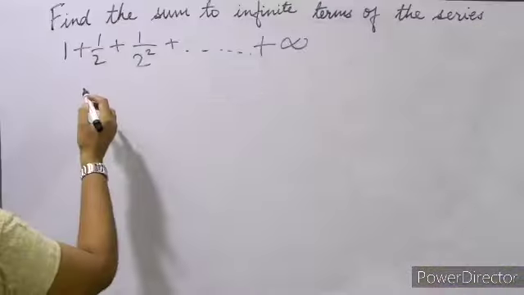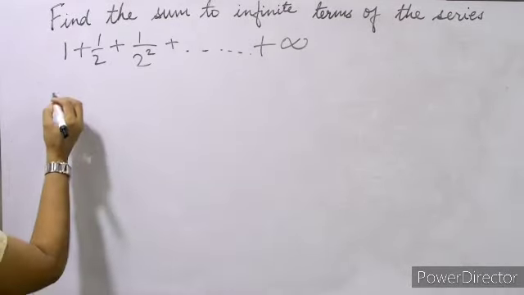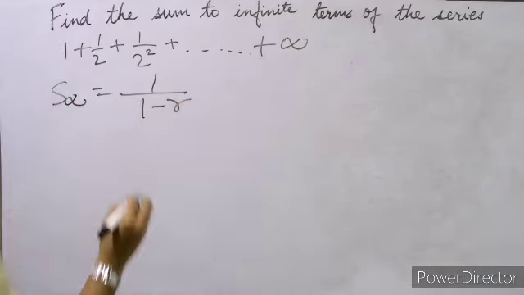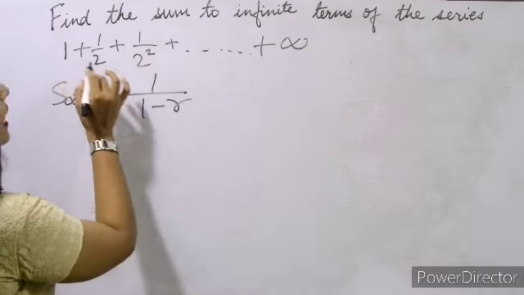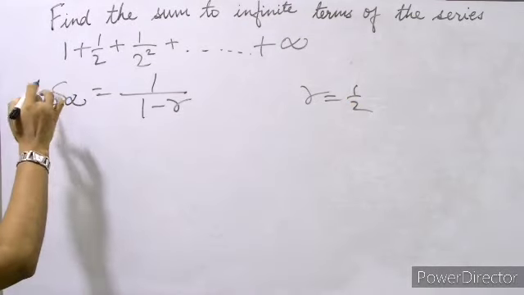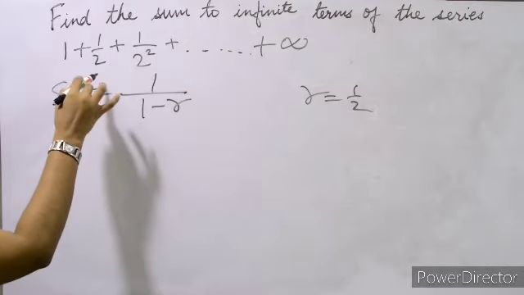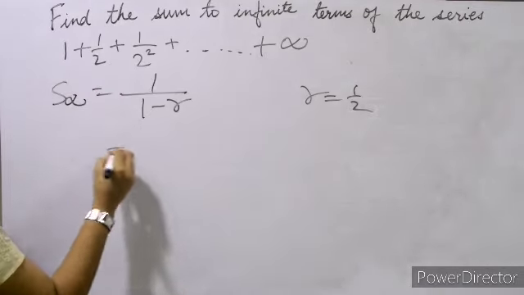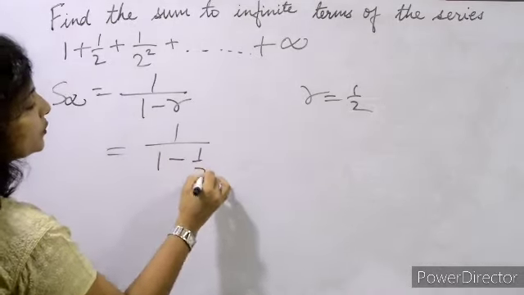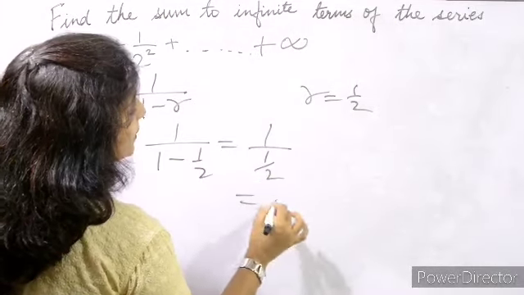Okay. For this series, it is infinite. There are infinite terms in this series, and we have to find out the sum to infinity. The formula is 1 upon 1 minus r. First of all r is required, and r will be 1 upon 2, because when in the first term we multiply by 1 upon 2, we get the second term. When we multiply by 1 upon 2 in the second term, we get the third term. So we apply this formula: 1 upon 1 minus r is 1 upon 1 minus half, which is half. So the value will be 2.